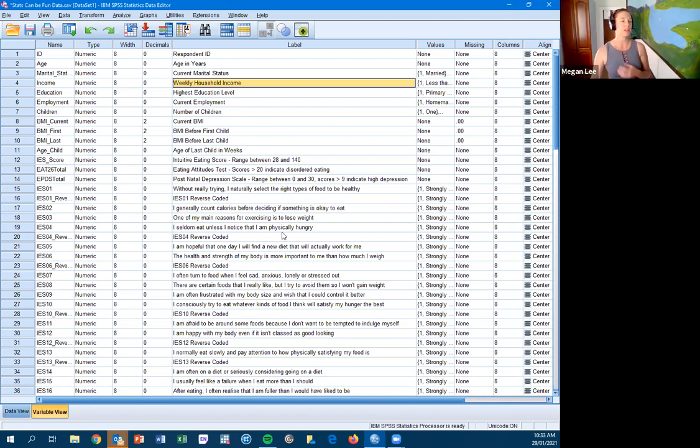That would be a really interesting thing to put into our participant characteristics section of our results. To do that, we go to transform,